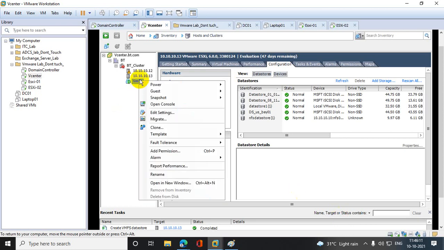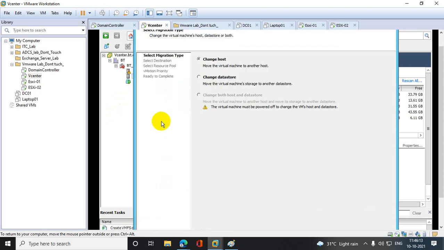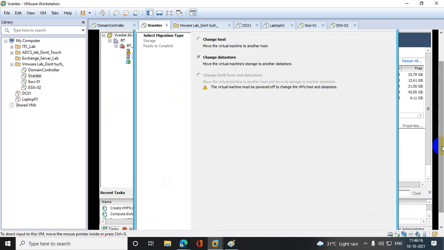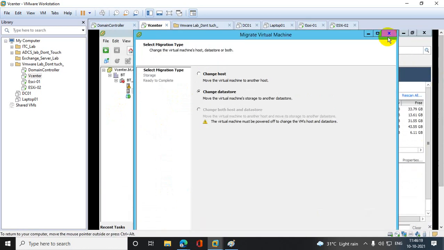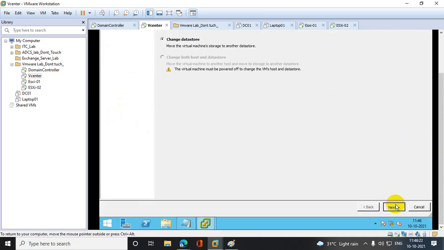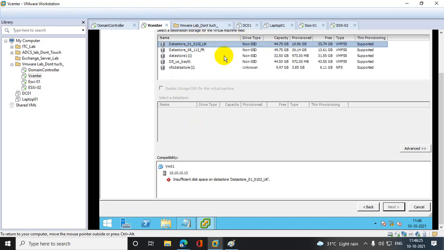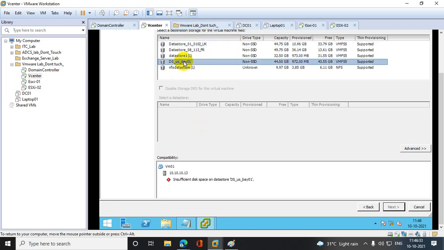Now I am trying to migrate this machine. Still showing insufficient.